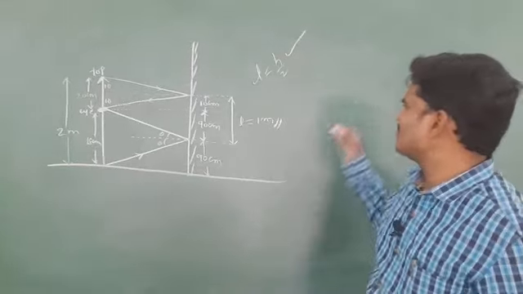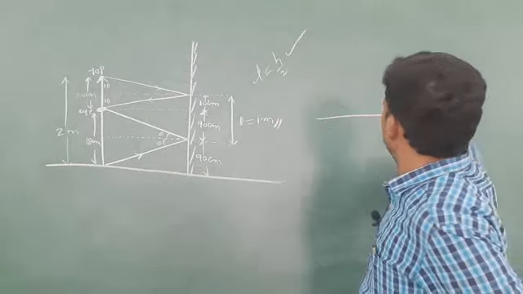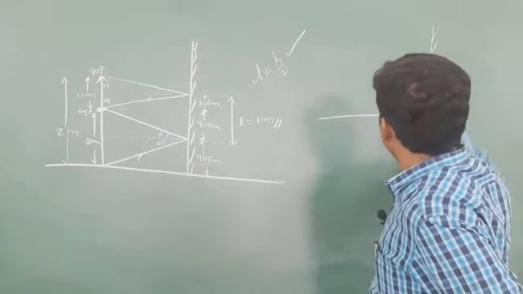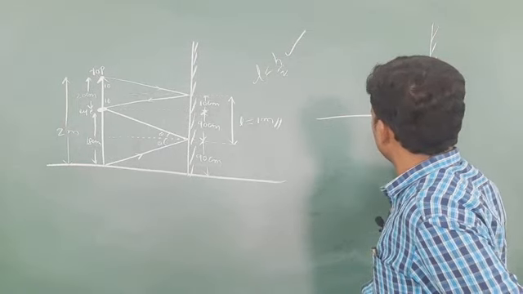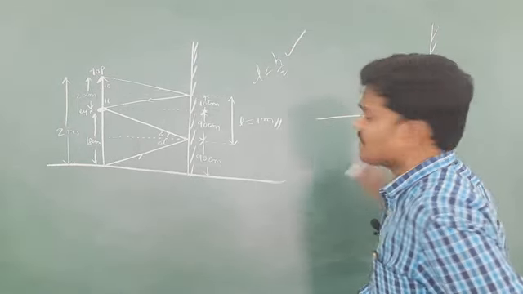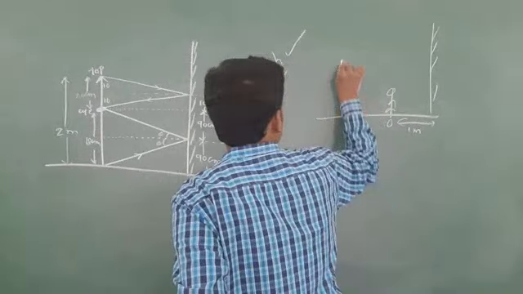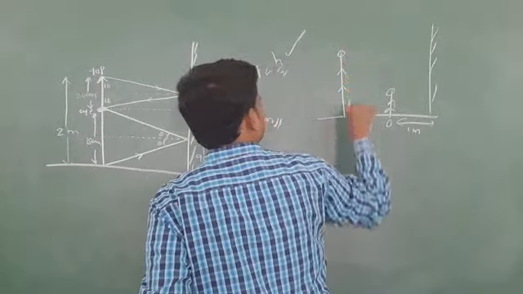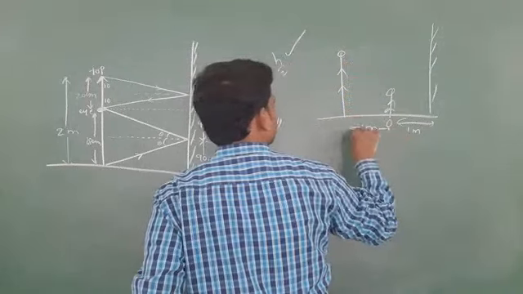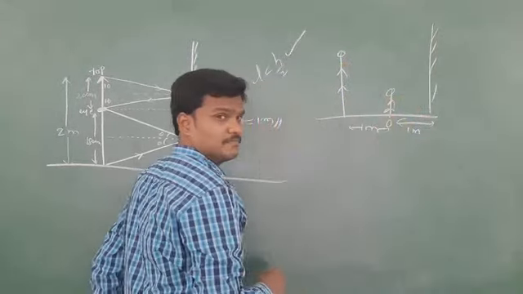Some other questions are also there, some lengthy-level questions. So there is a mirror, and one object is in front of the mirror at a distance of 1 meter, and one more observer is 1 more meter away. If you want to see his full image,